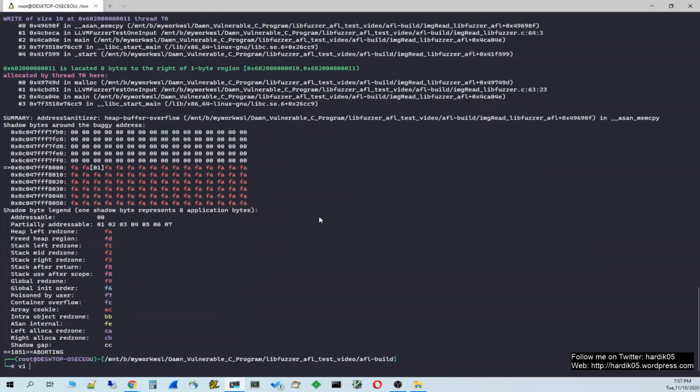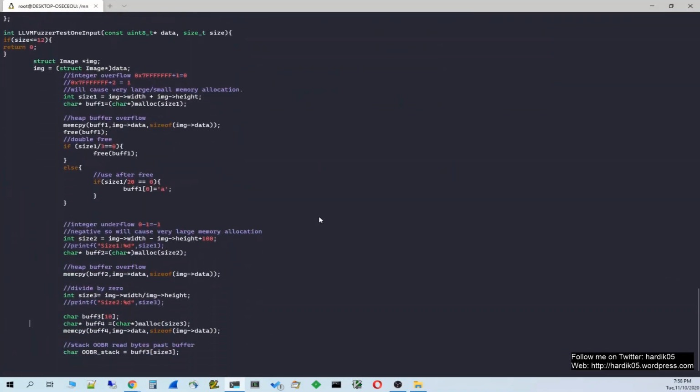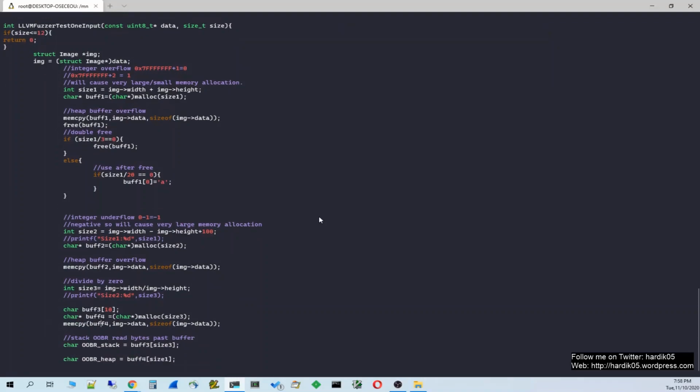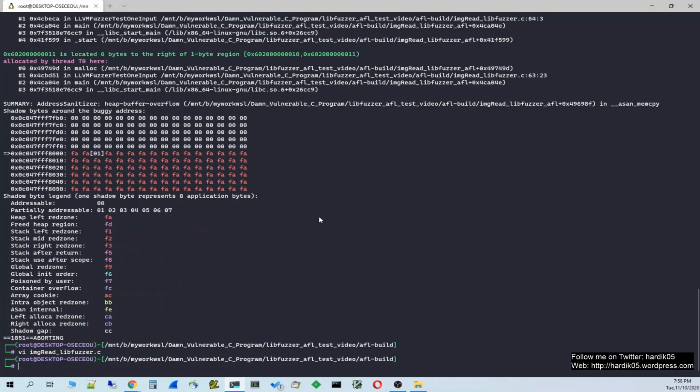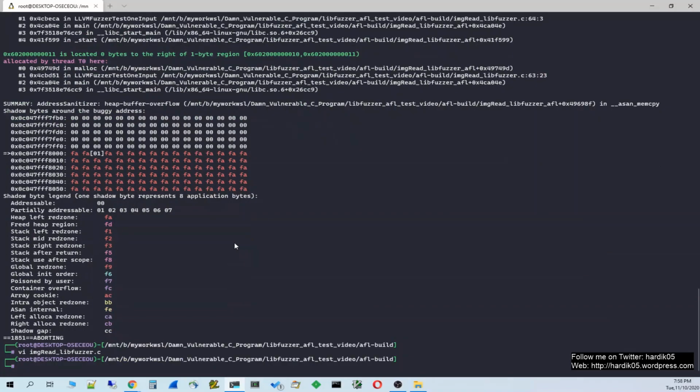So we can actually check our code, and we will see what is at line 63. So you can see there is a malloc call over here, and after that it is trying to copy some data. So I'm not going into much detail because you can go through my previous videos and see how we do root cause analysis over here. So this is something you can use. And so this is how you fuzz a libFuzzer harness using AFL.